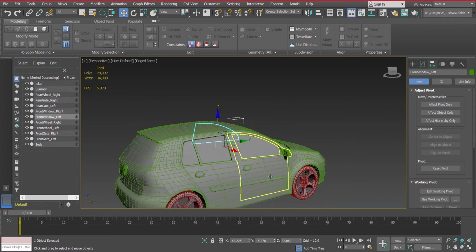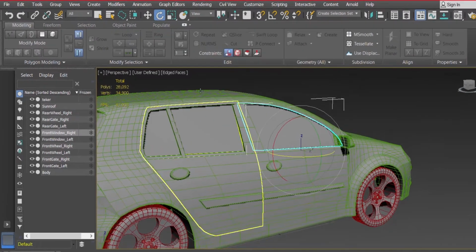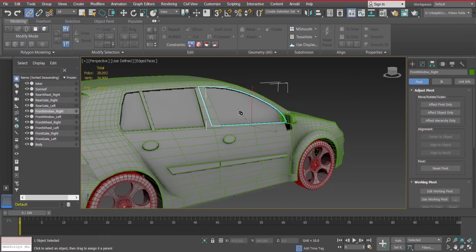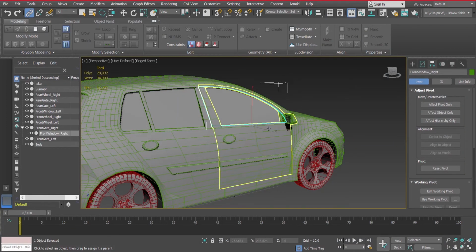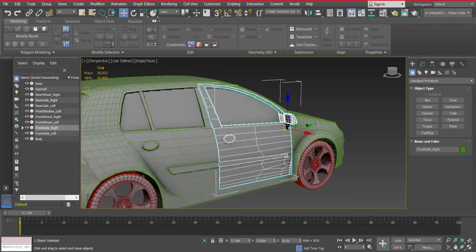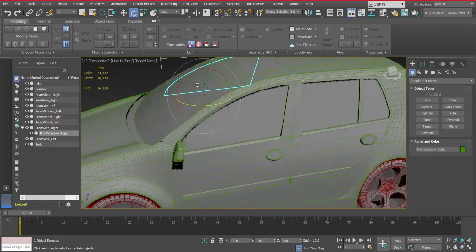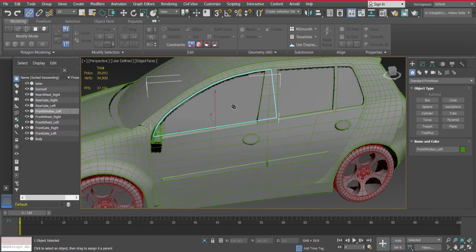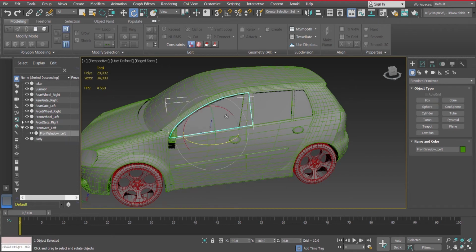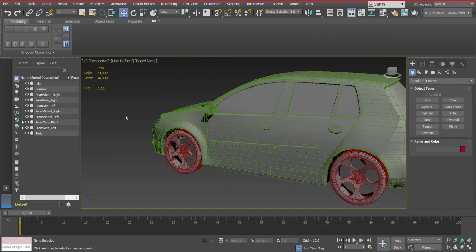Now that our windows are detached and pivoted, let's fix this door issue. So we select our window and we go to link tool. We hold on our window and attach it with our gate. In this way, the window is still a separate entity, but since it's in a hierarchy now, it will rotate with our door. Let's do the same on the other side as well. There. Now all our parts have been detached, renamed and pivoted.